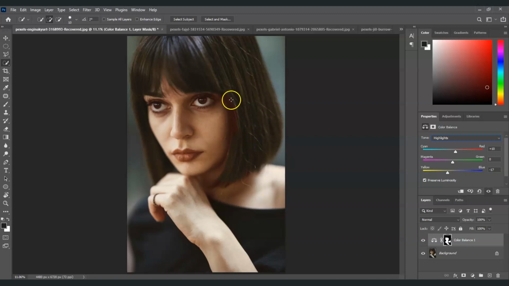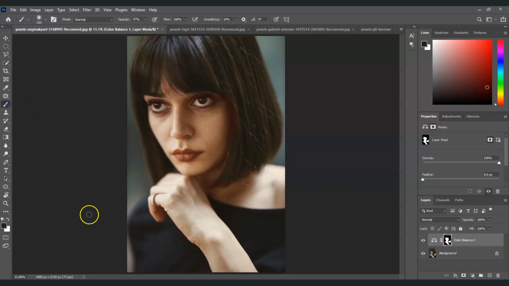Okay. But still there are parts that we still have to fix. So to do that, I'm going to click on the thumbnail here and then go to the brush tool and make sure the foreground color is black to remove those excess. So there you go. Now that's more alive, but for me, the lips are still low in saturation, so I'm